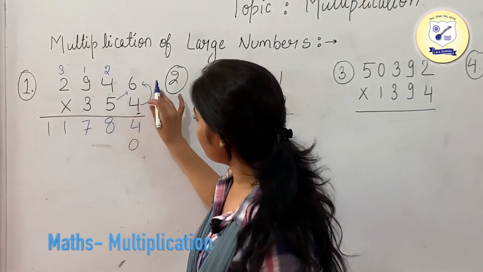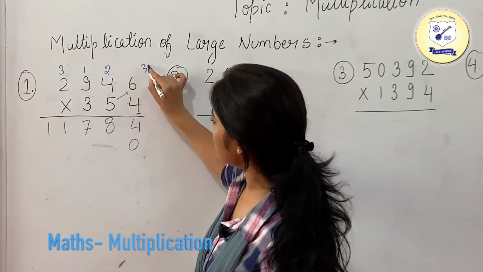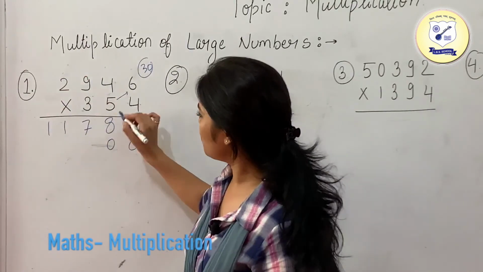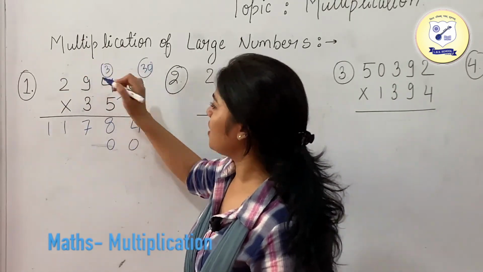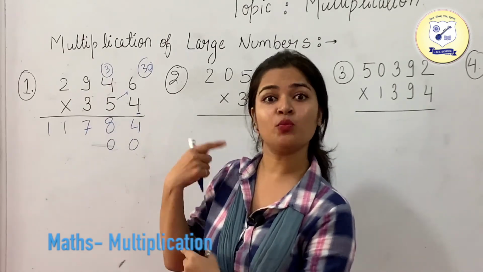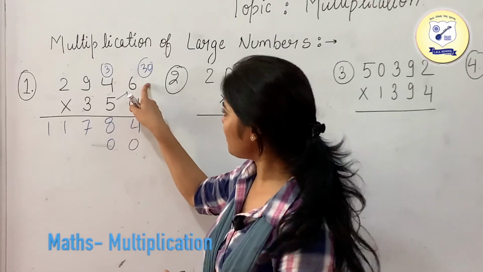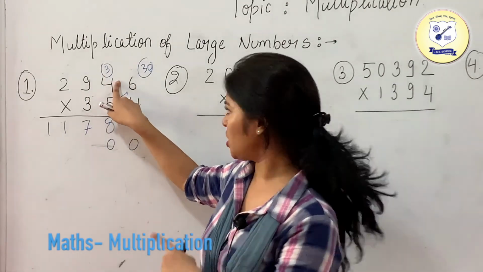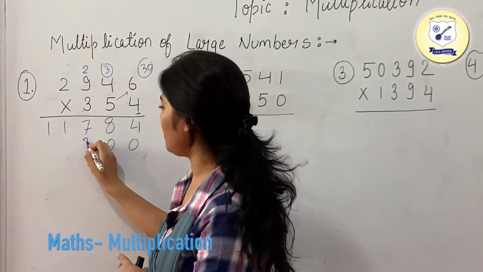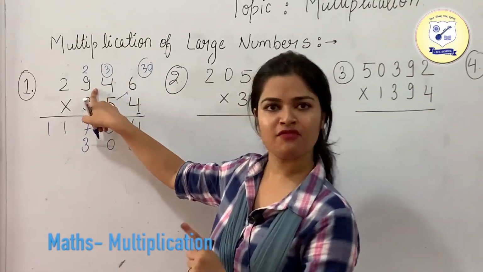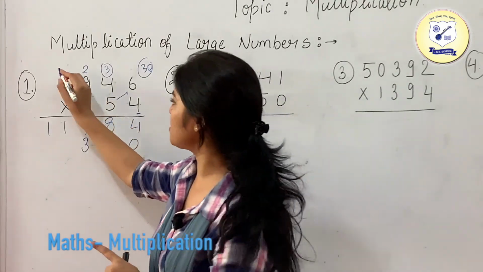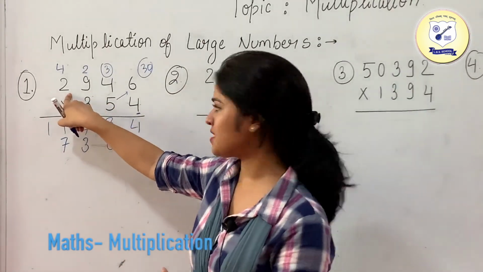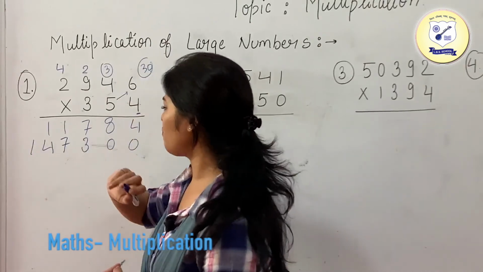Now I will multiply this 5 with the 6, so it is going to be 30. So among this 30, I am going to write this 0 here and the 3 in the carry. Okay, so 5 6s are 30. So write 3 as a carry on the next number which we need to multiply. Since I have multiplied this and I am now going to multiply this, we'll put the carry on this number. So 5 4s are 20 and 20 plus 3 is 23. So just write 2 as your carry and 3 over here. 5 9s are 45. 45 plus 2 is 47. So this is going to be 4 and 7. 5 2s are 10. 10 plus 4 is 14. So this is 14. Okay.